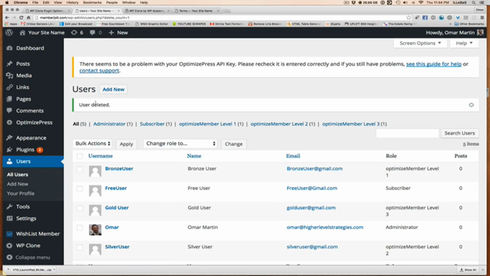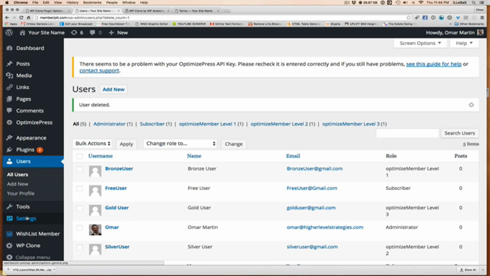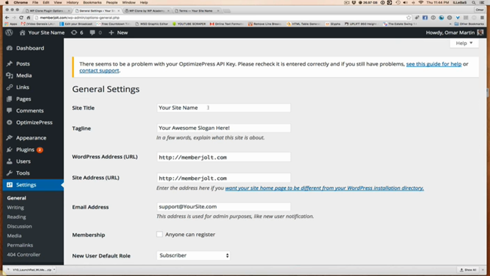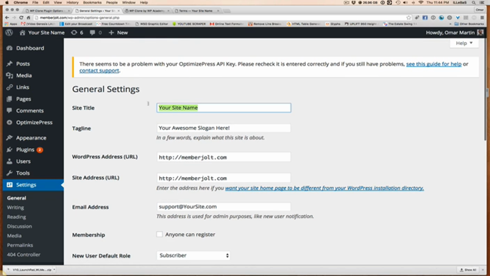A couple of quick basic settings that I usually do before I move on from here is I'll go over to appearance, and I'll go over to, no, I'm sorry, it's reading, right? So it would be, is it settings? Yeah, settings and general. And this is where you can change your site name, your slogan, so whatever your product name is going to be, you would put that in here. You would put in your slogan, because the clone just comes with some generic text here that says your site name and your awesome slogan, and you're going to want to go then and edit all that stuff,